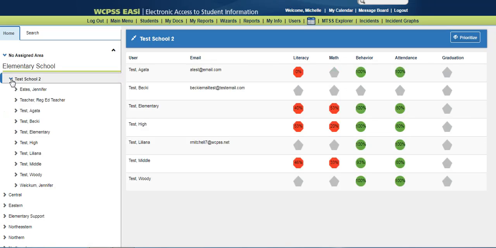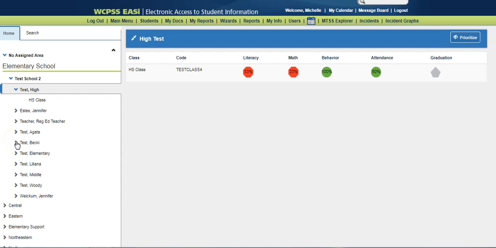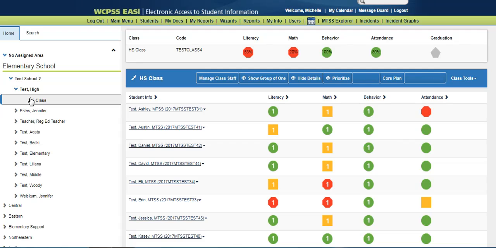When I expand on that, you will see all the teachers listed within Test School. For today's purposes, we're going to go into Test High. After I click on this, you will see the high school class. I will click here, and this is going to take me to my test students. Once I'm in here, I can begin to think about what students I would like to put in my Tier